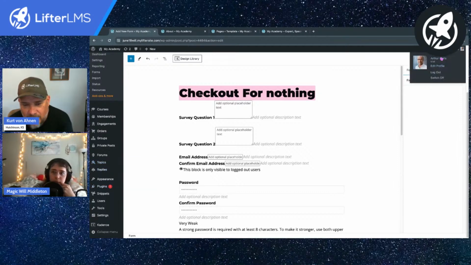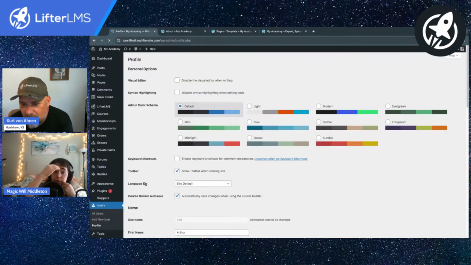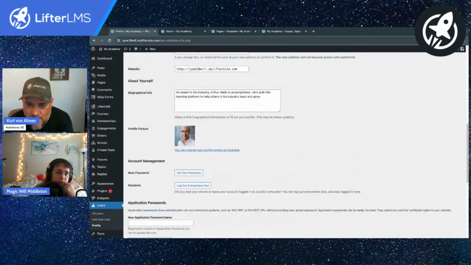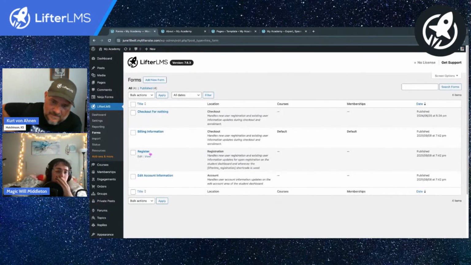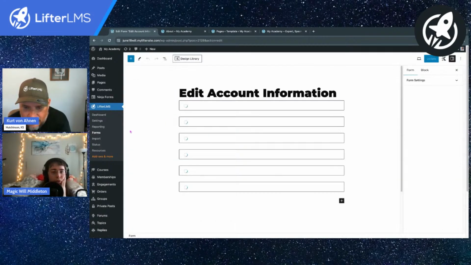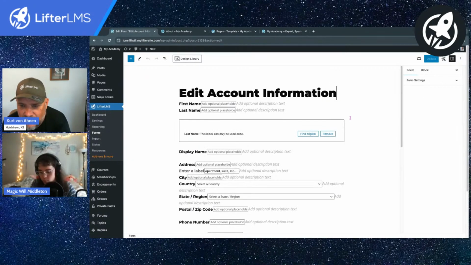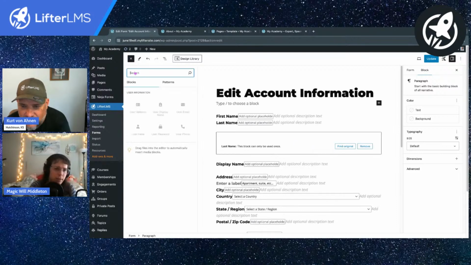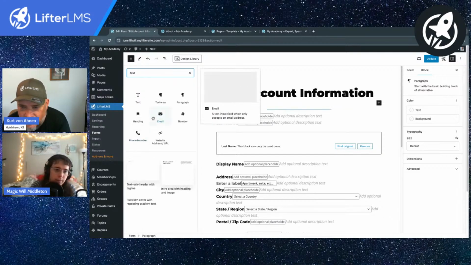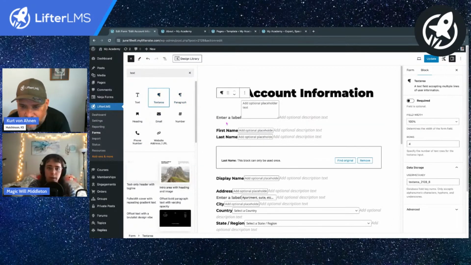Then on my profile, I don't know if the fields show up until somebody actually fills it out. I don't think they do. That's kind of annoying. If I open my edit account information, does it show up there? The challenge is, I don't think custom fields populate on the backend user profiles until you use them. So if I go text area again, don't worry, this will be clear in a second.